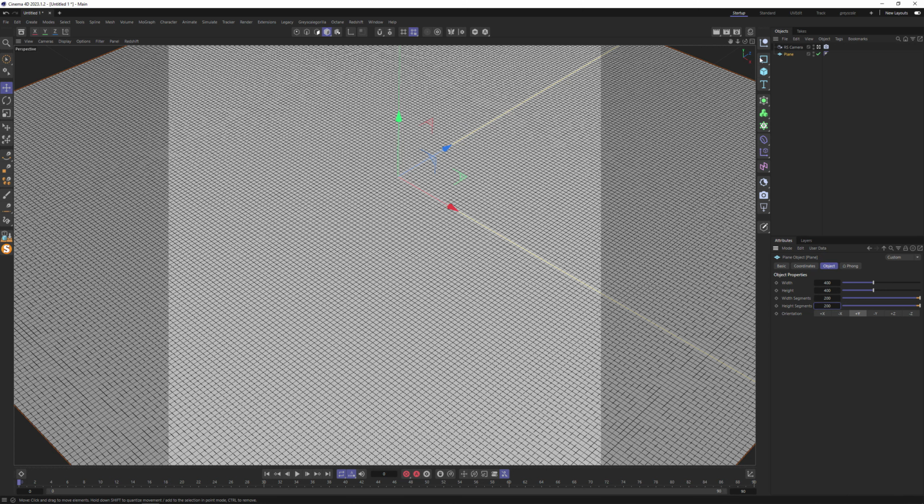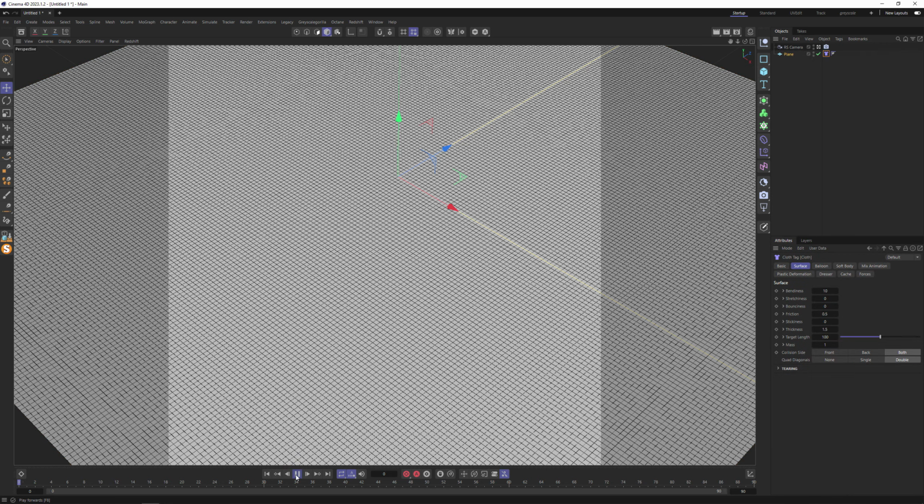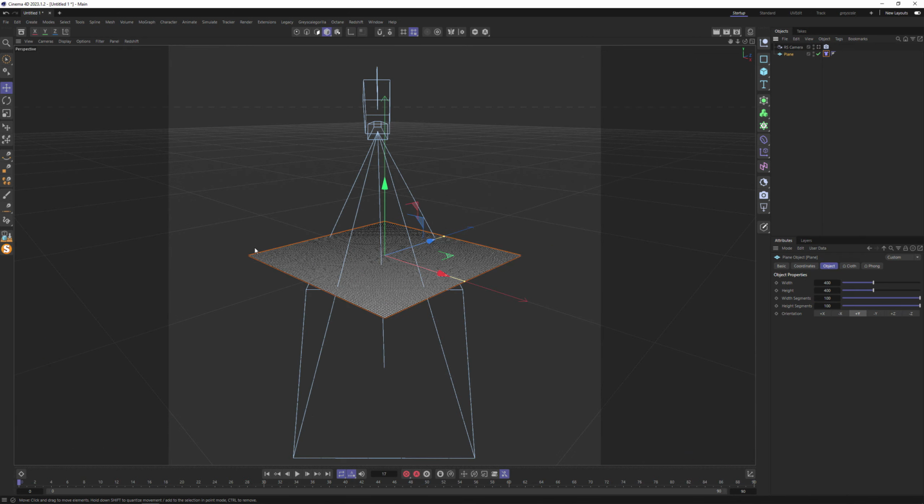The next step is to go and add cloth tag. If we hit play, everything goes down, so we need to pin the zones. Maybe decrease the segments for fast preview, going outside the camera. I don't want to convert a polygon object, so for parametric plane we can use a vertex map tag for pinning. Shift C, typing vertex map,